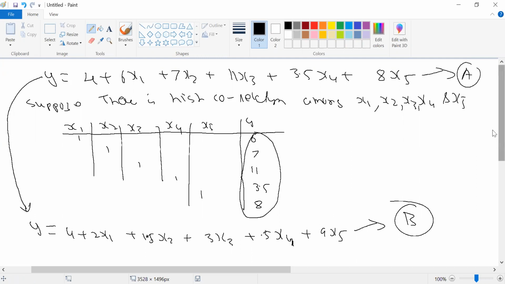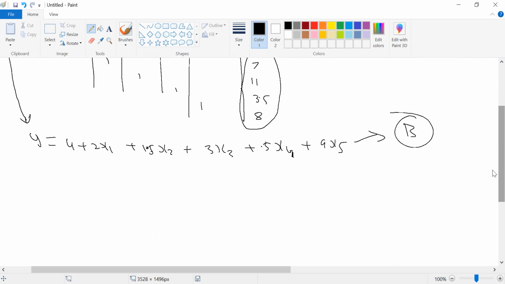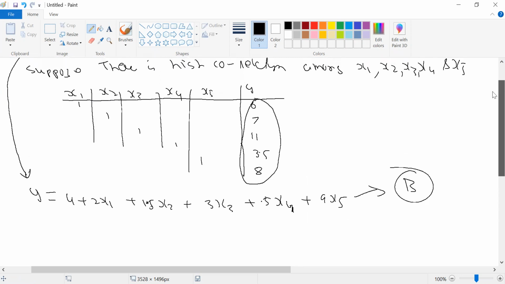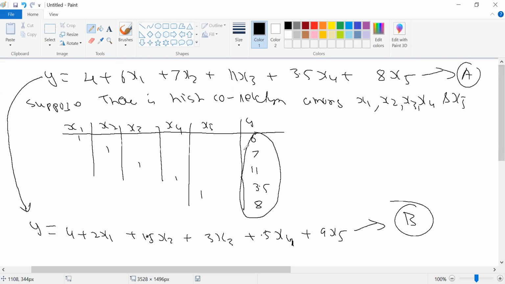Y would be affected, but a little bit less. Okay, I think what you're saying is right. Look, what is the problem of multicollinearity? The real problem is that when you change your x1 or x2, the combined effect on your y is very high. Over here, do you notice that most of the x variables have been diminished?